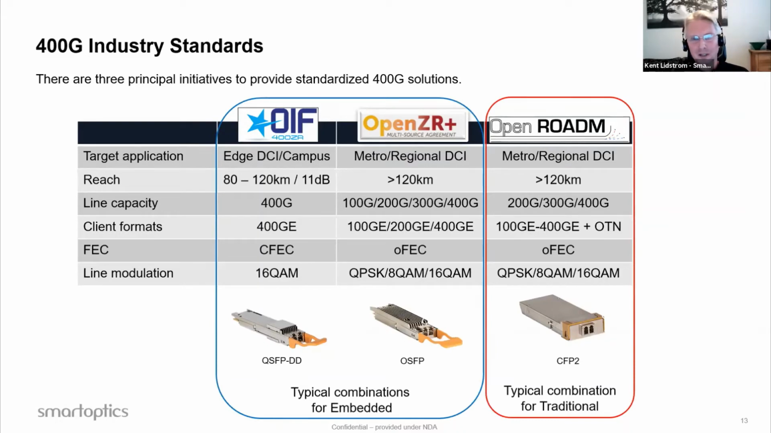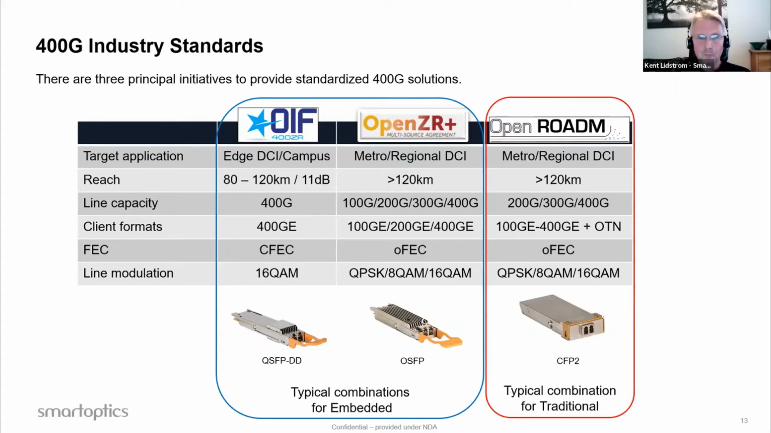OSFP is something that pretty much Arista are the only ones that have standardized on. The majority of the other switch and router vendors have gone with the QSFP-DD. And the Open ROADM part is heavily associated with a CFP2 that will be used primarily with transponders and muxponders